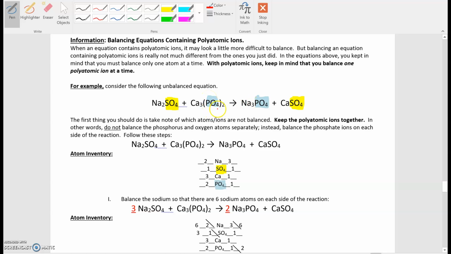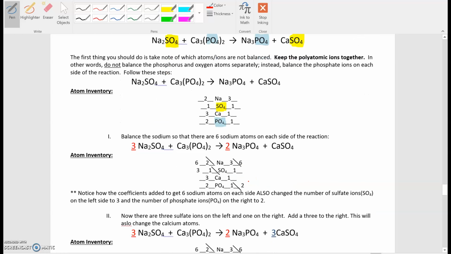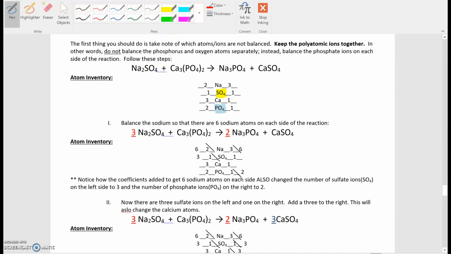Now do you see how phosphate on the reactant side is in parentheses? That's when you know you have more than one of a polyatomic ion, when it's in parentheses and you have a subscript on the outside. What that tells me is I have 2 phosphates. And here it's not in parentheses, so I know it's just 1 phosphate. So to balance, what I did was I put a 3 in front of the sodium